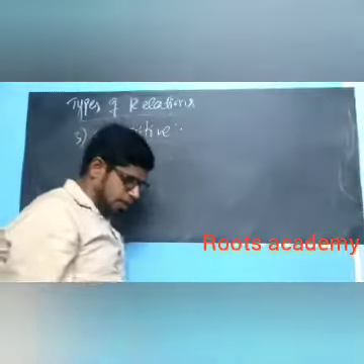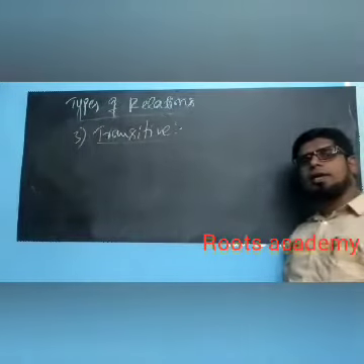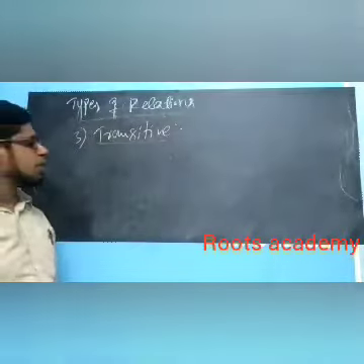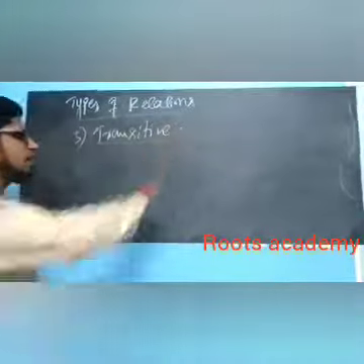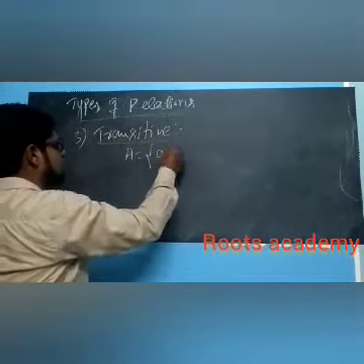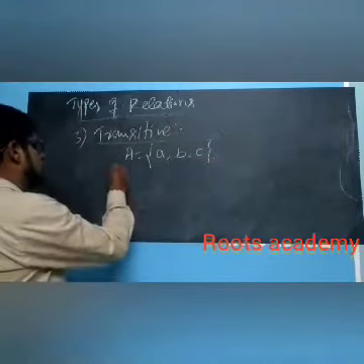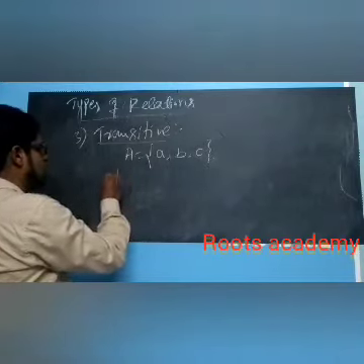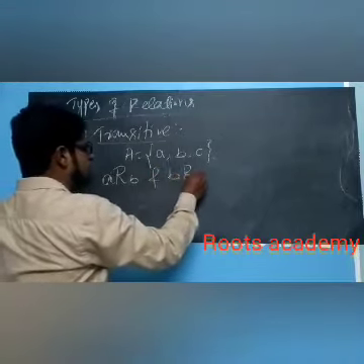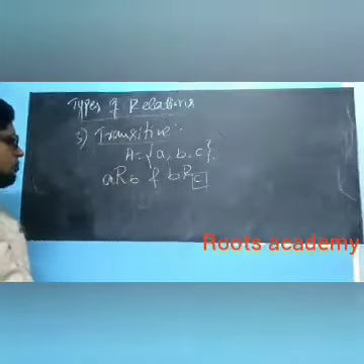Transitive relation. In this relation, we will take three elements. In that, the third element is independent. It can be anything. It can be the first element, or the second element, or any other thing also. If the set is, again I will take the same set, A, B, C, then if A is related to B and B is related to C, as I said, this is an independent element.